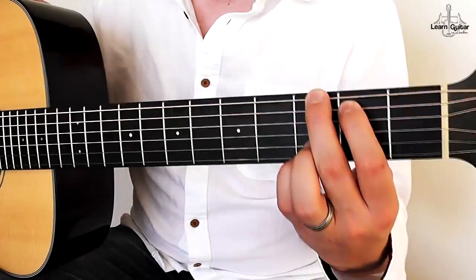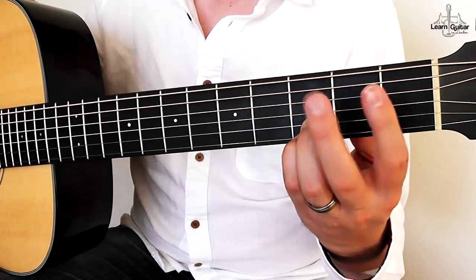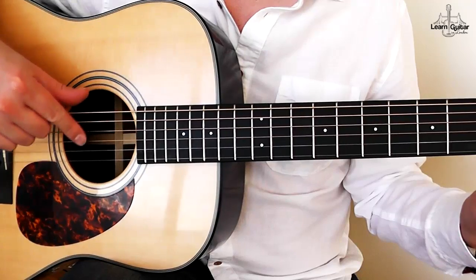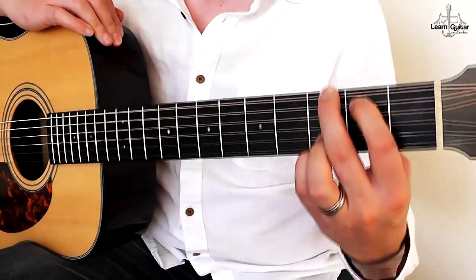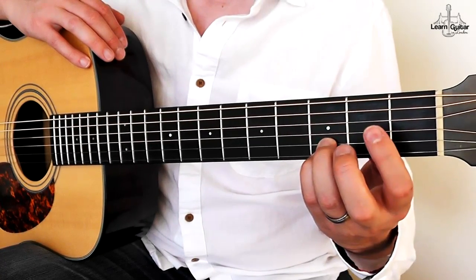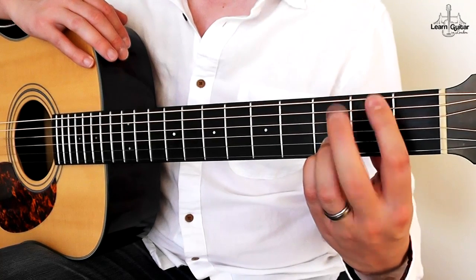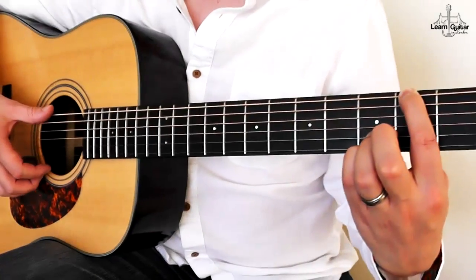And then what we do next is we just lift up the index and middle, leave these here, okay? By the way, if you don't know the names of the strings, Eddie ate dynamite, goodbye Eddie: E, A, D, G, B, E, just so you know, because I was saying E strings, A strings earlier. Okay, anyway, so lift up these to go to this next chord, that's called a G, and we're going to be going to a G over F sharp, so we're going to move the index finger up to here on the 2nd fret on the thickest string, and then strum